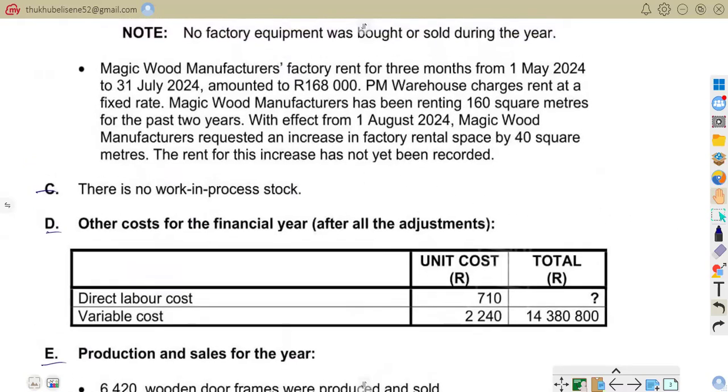So now for us to calculate the factory overhead cost, we are given the incorrect total of